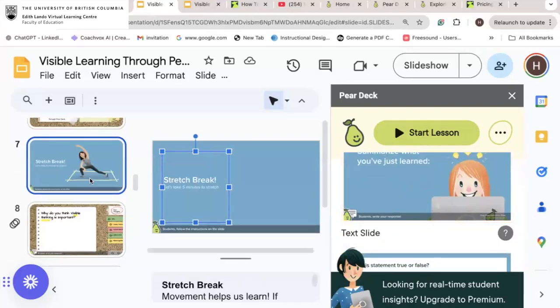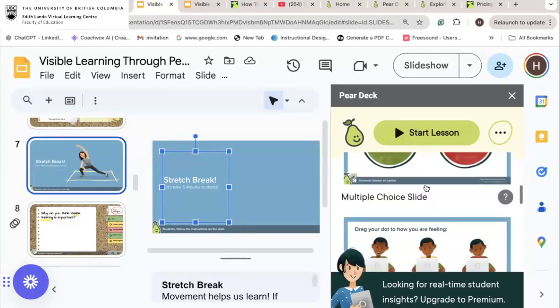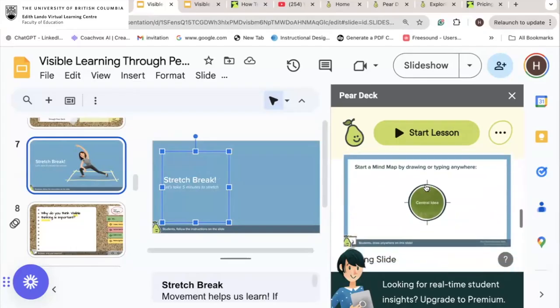So I have the lesson that we were in, I just closed it. Had we been in the Pear Deck session that we were in before, you would have seen this appearing on your Pear Deck screens. Right now, that session is closed. But if I open another session, you will see it in real time. I can add the ready-made slides that I want to in my session.